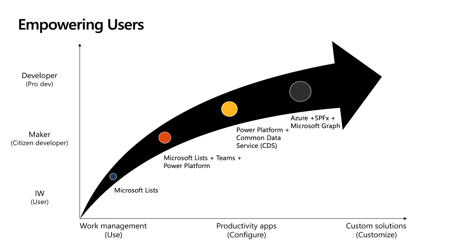So end users can get a lot of benefit from out-of-the-box features. Citizen developers can get a lot of benefit from the integrations we have with Power Platform. And professional developers have a choice of using the Common Data Service as their backend to build custom solutions, or go deeper and integrate with Azure offerings, SharePoint Framework, and the Microsoft Graph APIs we have in the platform as well. So now let's dive deeper into what each of those pillars, the native efficiency, simple configuration, and integrated solutions